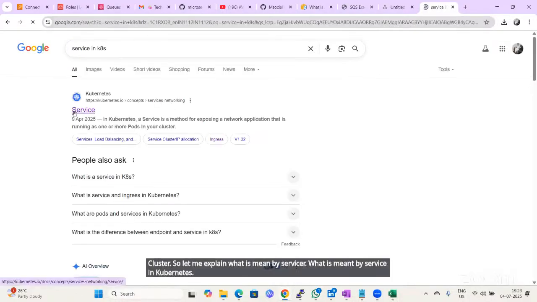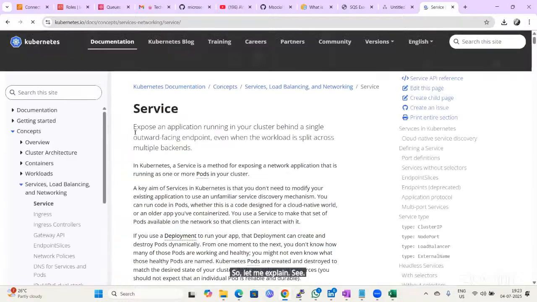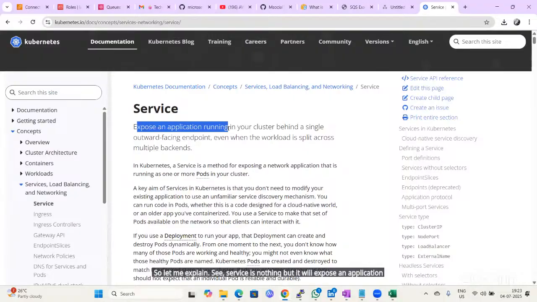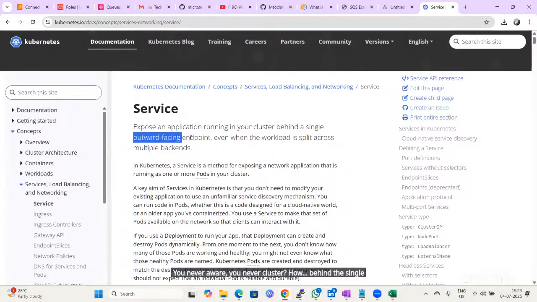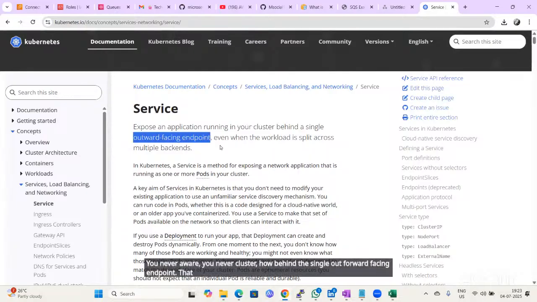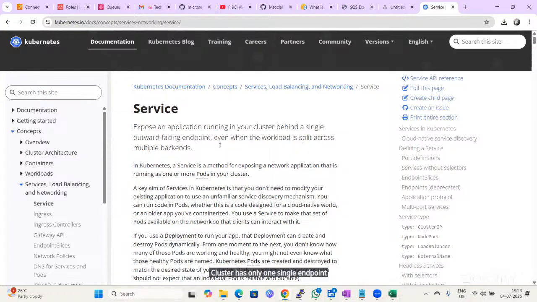See, service is nothing but it will expose an application running in your cluster behind a single outward-facing endpoint. That means any cluster has only one single endpoint. So using that single endpoint, service can expose your application running in your cluster. And also,